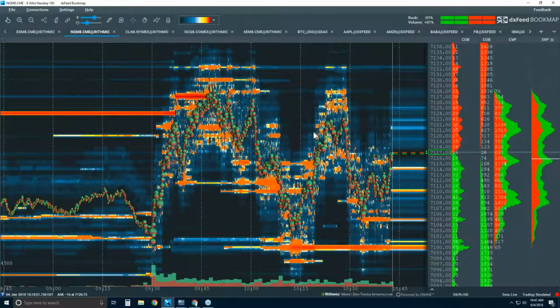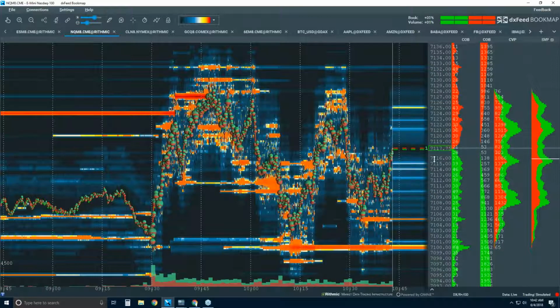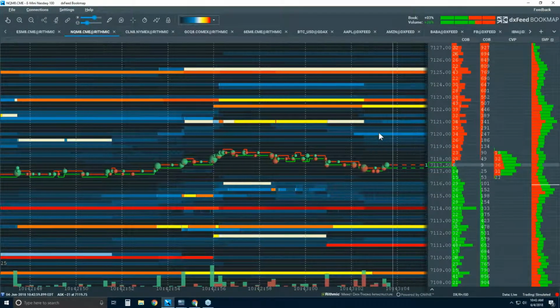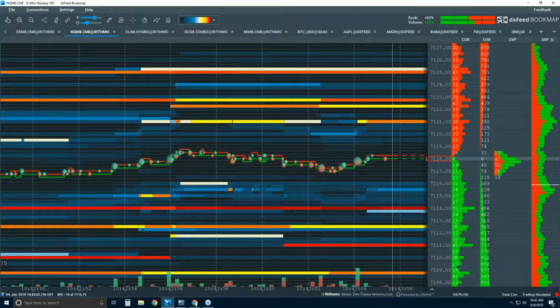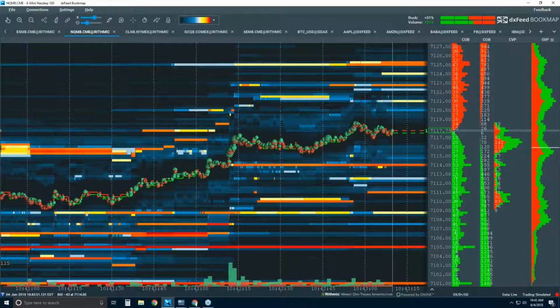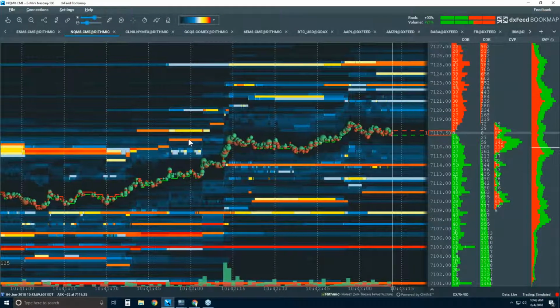So what that allows you to do is now use your depth of market on much higher time frames. You can use your depth of market for the current market or recent historical market. You can zoom into Bookmap and we can take a look at that. And that's good, especially if you're a scalper on lower time frames,